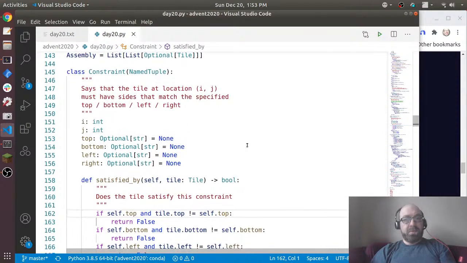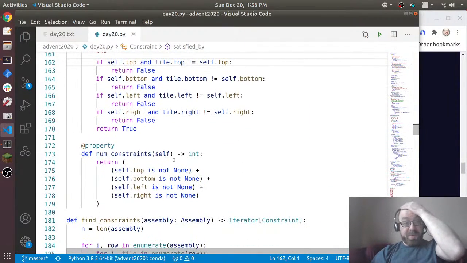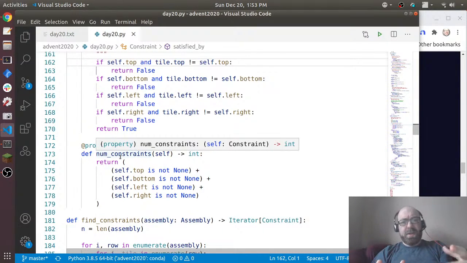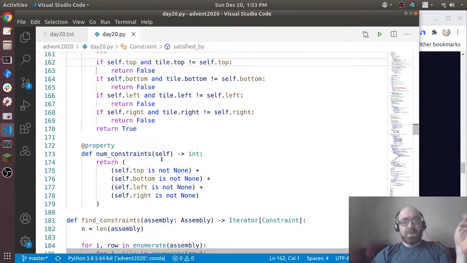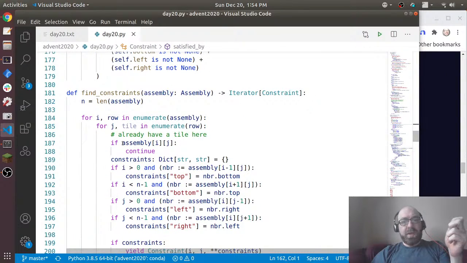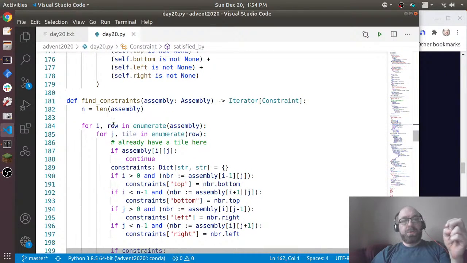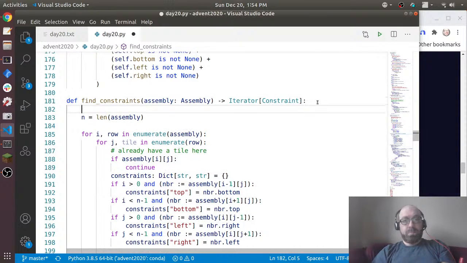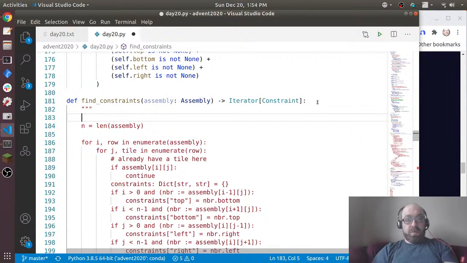And again, if you had watched me for like going for 2 hours this morning, you would have seen me going through several designs for this that did not work. And then also, I decided that like when I had a lot of constraints, I wanted to pick the ones that were most restrictive. So I just wrote this num constraints function, which just counts from, I guess, 0 to 4, how many of these top, bottom, left, right are actually specified. Okay. And so now I want to find the constraints. Okay, create constraints from partially filled in